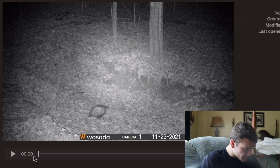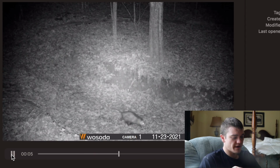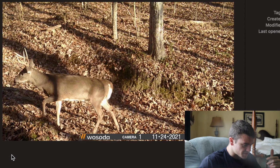There we got something. Rat-looking thing. What is that? A possum? And this one was actually on video, so that's really awesome. And by the way, I did set the KG trail camera on the eggs on photo and video, so it'll take a picture, then start videoing directly after. But that was just a...